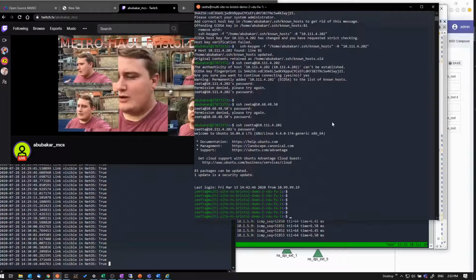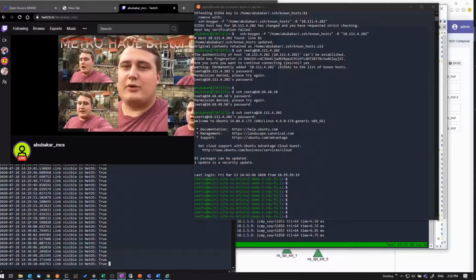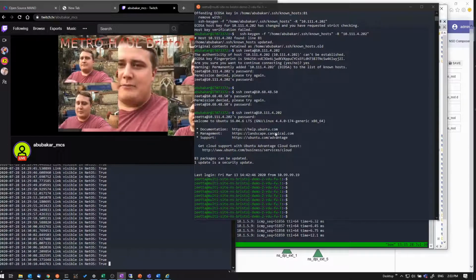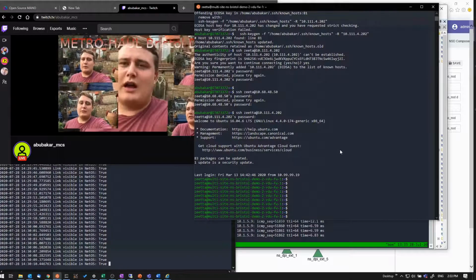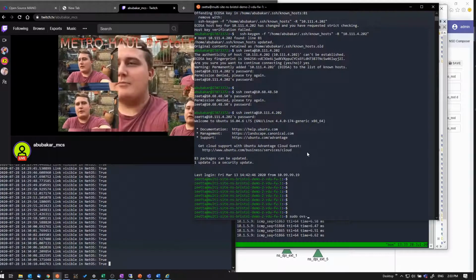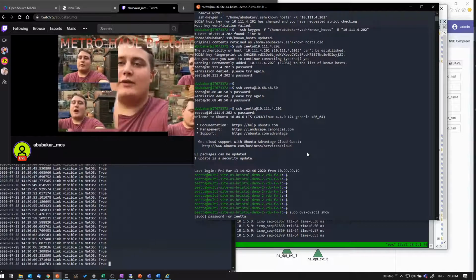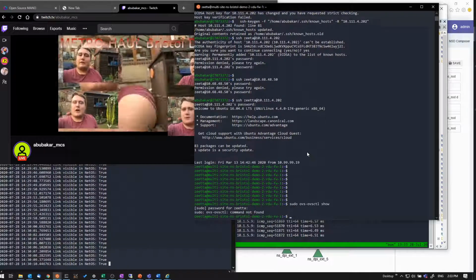If I want, I can, for example, block one of the VLANs. So let's say if I want to block VLAN 3011, which I know in this firewall VNF I have a bunch of,